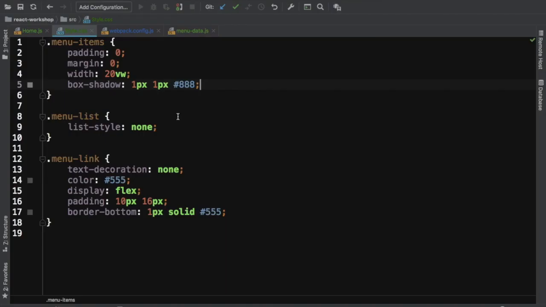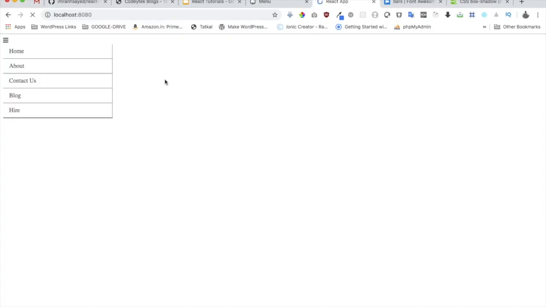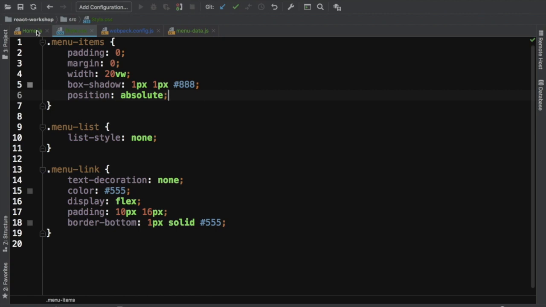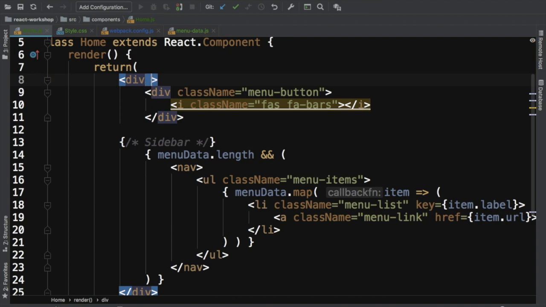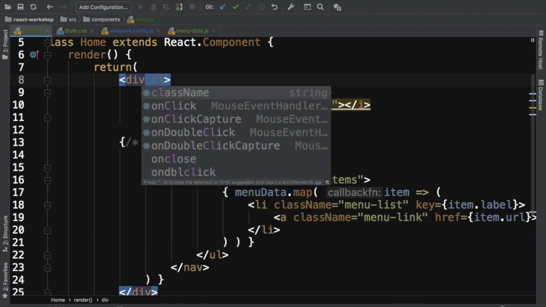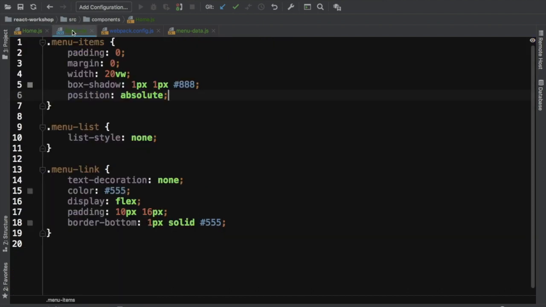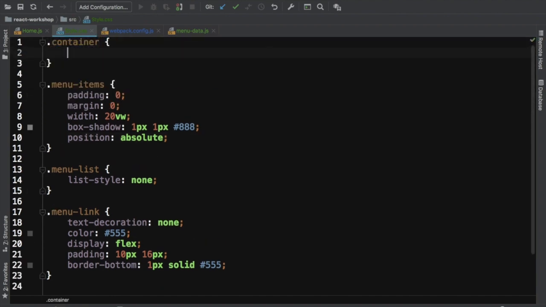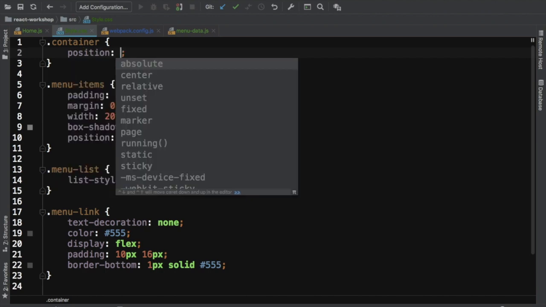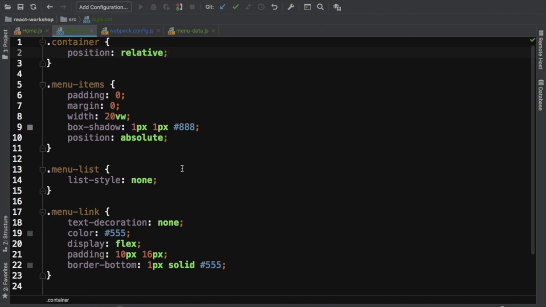Okay, great. And then we need to give it a position, absolute. Okay, and then the position relative to its parent. So its parent is this container, so class name container. So let's start with that as well. Position relative. So it's going to be in relation to this container, and then